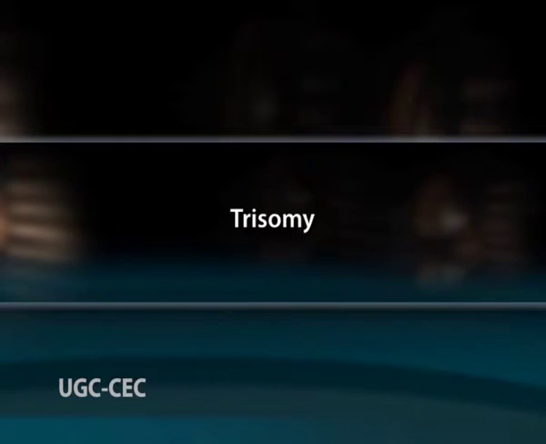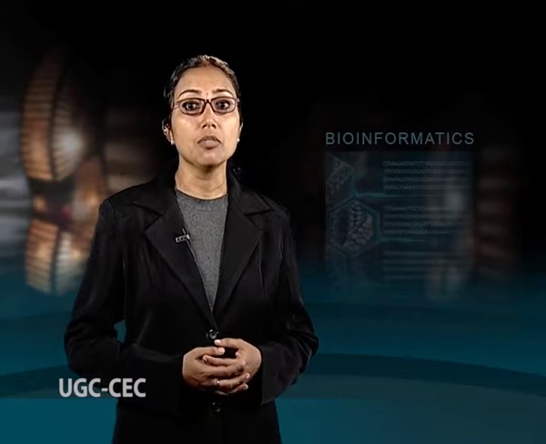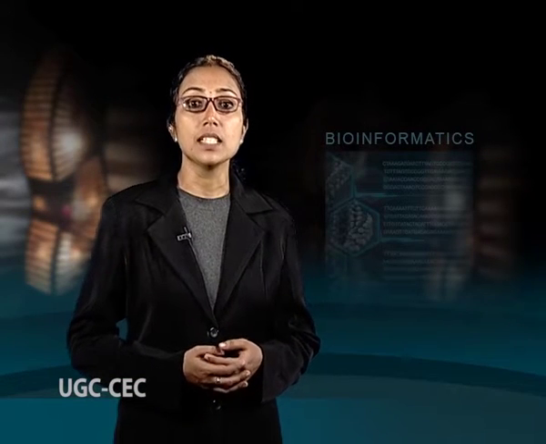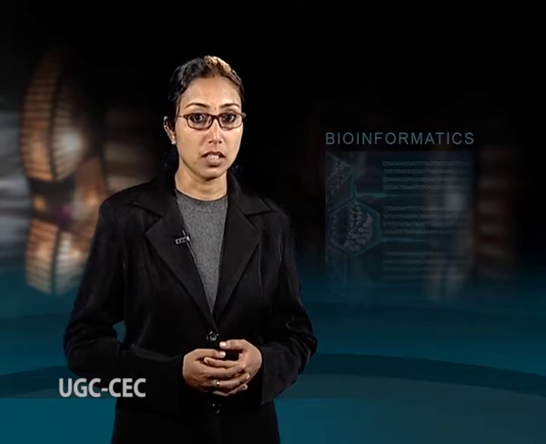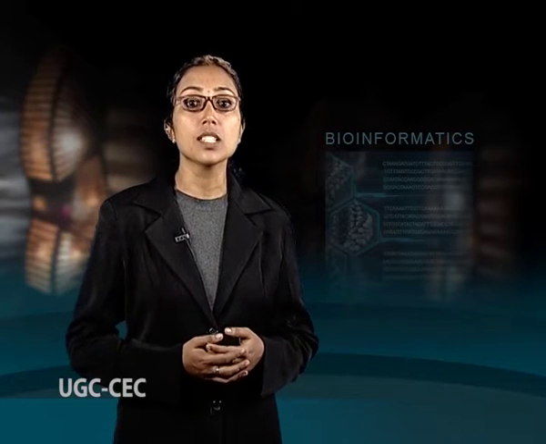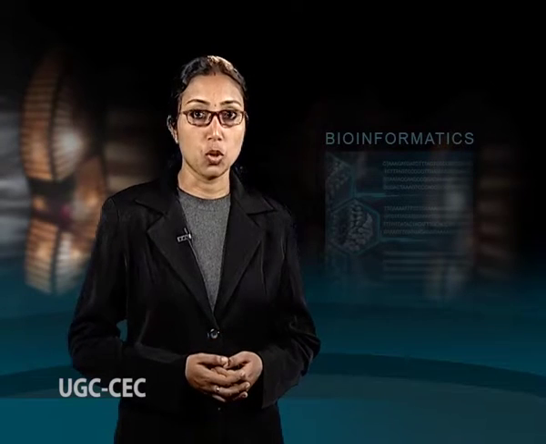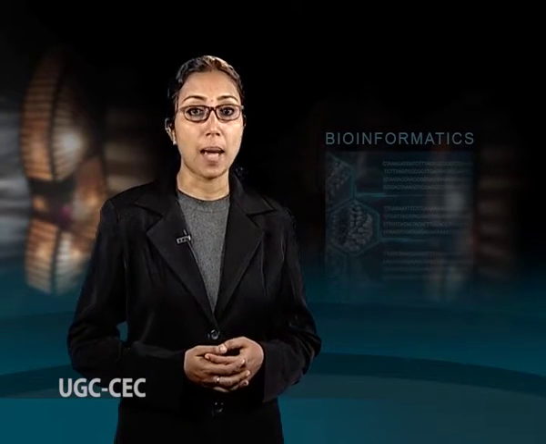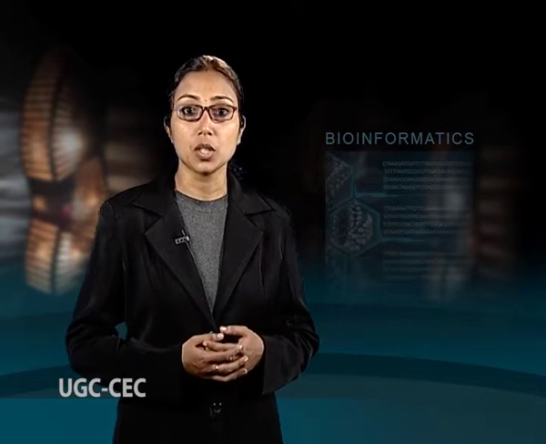Third one, trisomy. It is the gain of a single chromosome, represented as 2n+1. A trisomic person has 47 chromosomes. The gain of a chromosome means that there are 3 homologous copies of one chromosome. It occurs if non-disjunction in meiosis in a parent produces a gamete with 2 copies of a particular chromosome and one copy of all other chromosomes in the set.